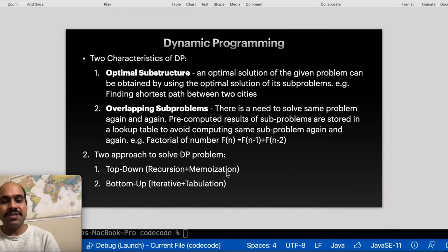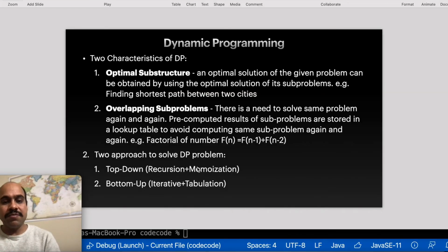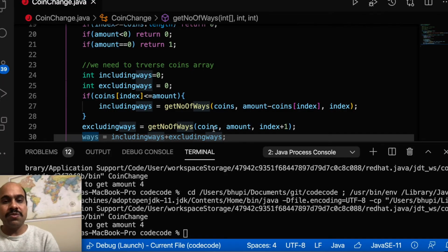See, memoization is nothing, just a way of remembering. You can use any lookup array. For example, in Java you can use an integer array, or a map, or a hash table, or any other data structure you can think of, which will give you a direct answer to the subproblem. Okay, so I need to create one variable here, which should be able to store the answer.